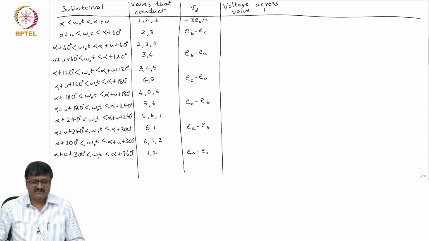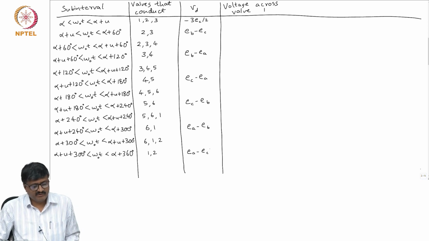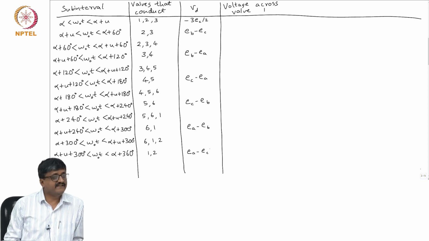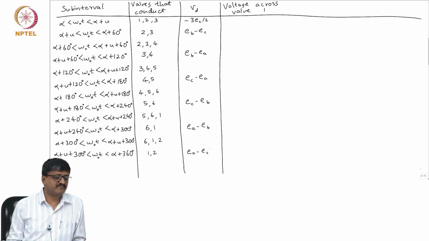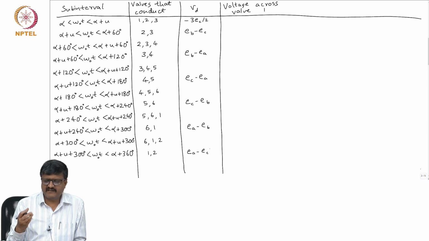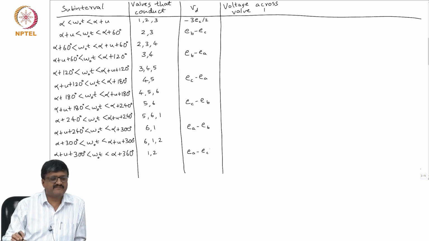There is a third subinterval within which 3 valves are conducting, 2, 3, 4. Now, should I do a derivation similar to the one that was done for the first subinterval? Can I get an expression for the instantaneous DC side voltage VD in the third subinterval, when 2, 3 and 4 conduct, without doing any derivation? Let us see the expression later, but can I try to get it without going through the derivation? Say we got, for the first subinterval, minus 3 by 2 EC. How did you get that?